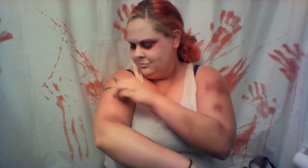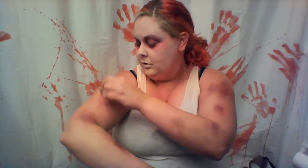There's some more green and purple, and you see how easy that is. Now, they don't have to be in blotchy shapes like this. You can make them whatever shape you want, whatever colors you want. Let's do a big old indent on the throat there. There we go. And you see, this takes a matter of seconds. You're already starting to get a beaten up and dirty kind of a look to you, as zombies often do. There we go. It's looking